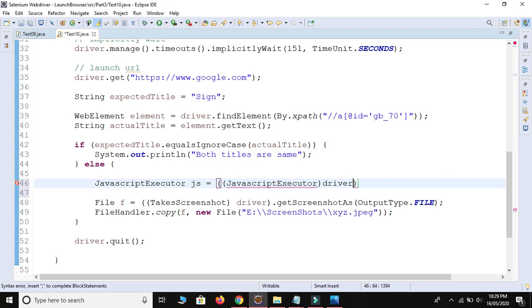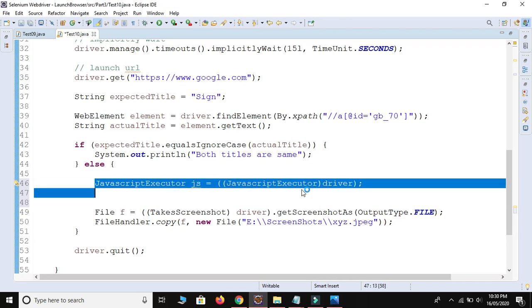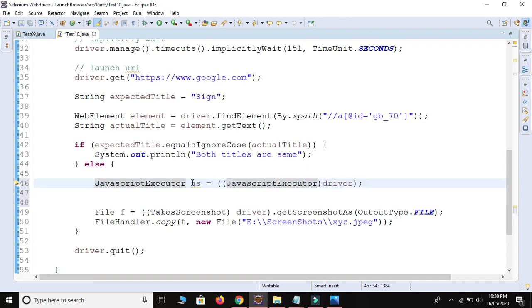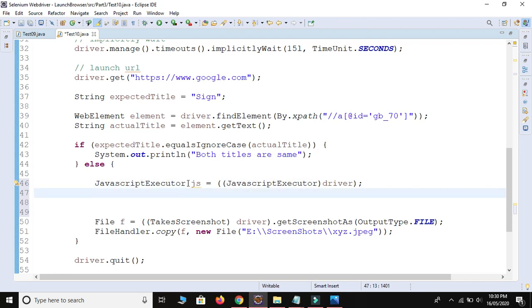So I will write driver. Now as I said, JavaScript executor is an interface, so we are not able to create memory. We are only able to create a reference variable, not memory, by using the new keyword. So let me call the method.